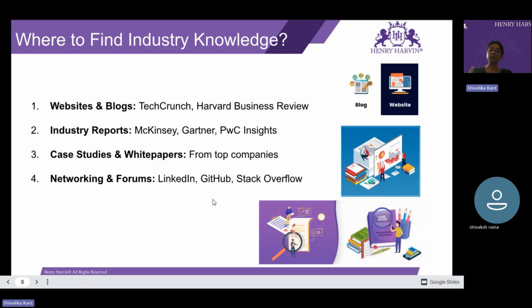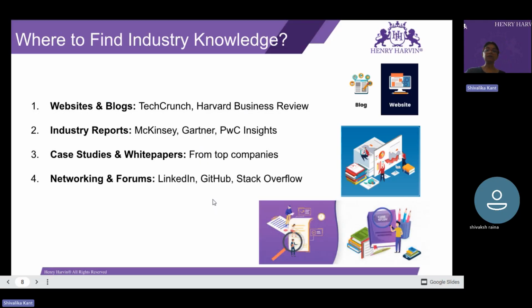You have government and regulatory websites, which will tell you about the compliance and legal frameworks, right? Then you have technical websites as well, like IEEE, IMA, right? Which publish different types of reports, standards, and insights about the industry, the updates about the industries.